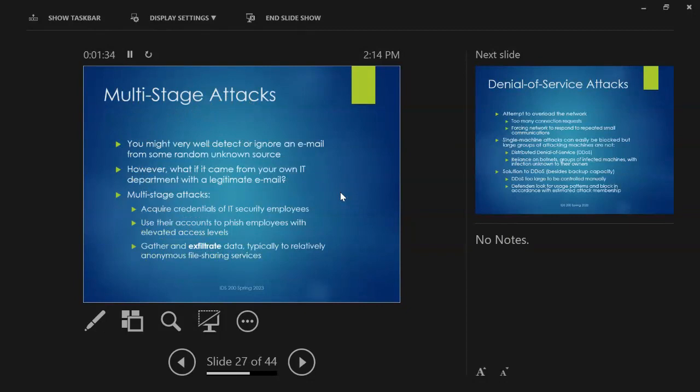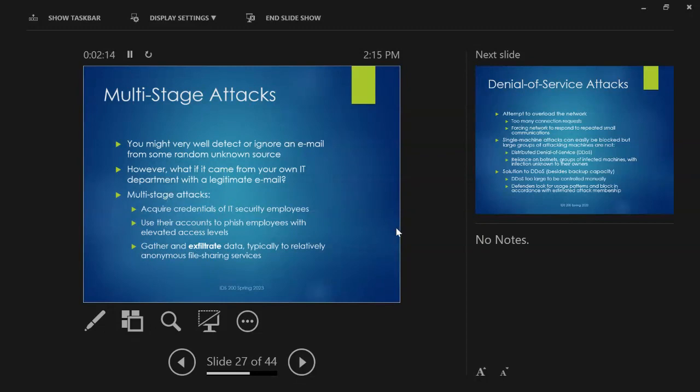Now, the way this often works, sometimes they target you directly, but in many cases they do what's called a multi-stage attack. A multi-stage attack is a way of making spear phishing seem more credible. If you get a phishing email that looks junky, you're just going to ignore it, if you even open it. But if it's labeled as being from the UIC security team, which you know is a real thing because you've been trained and told so, you're probably going to open it. But what if the security team themselves have been compromised? That is the problem.